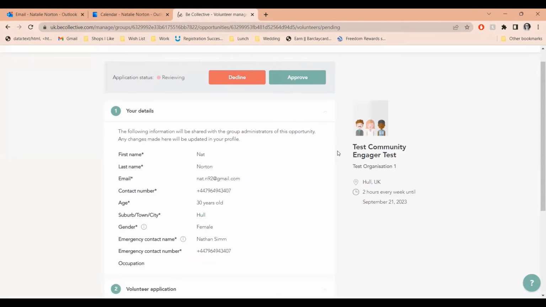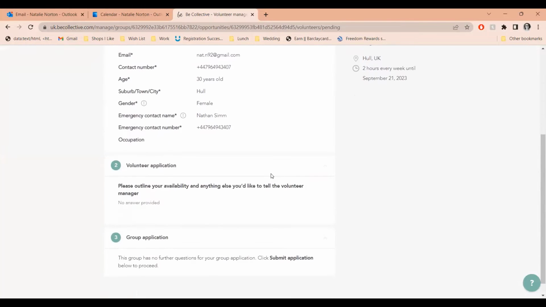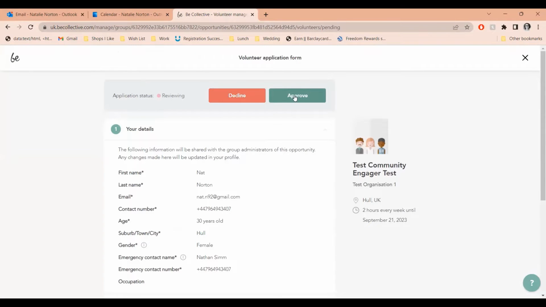So I imagine that before any of this is approved or declined, you would probably email the person and make sure that they can come in for an interview. You would go through the interview process and you would then be able to approve or decline after that interview process. It might be that you don't have an interview process and it's a lot simpler than that. Just something to note